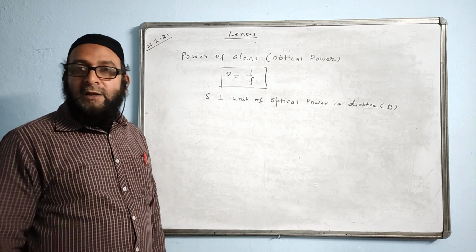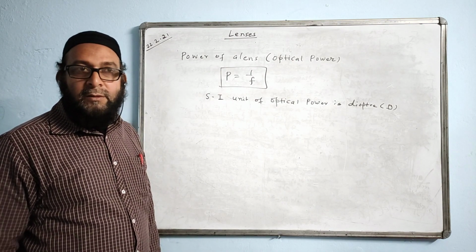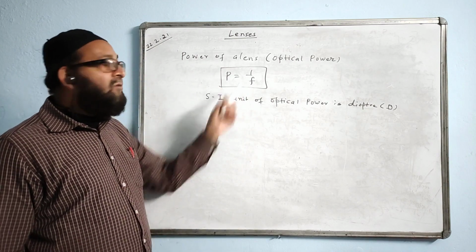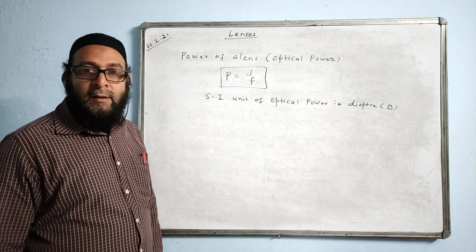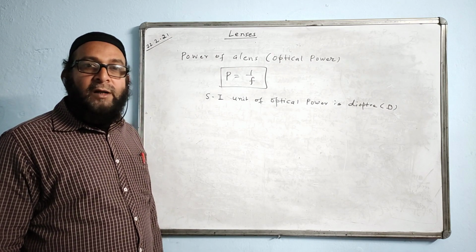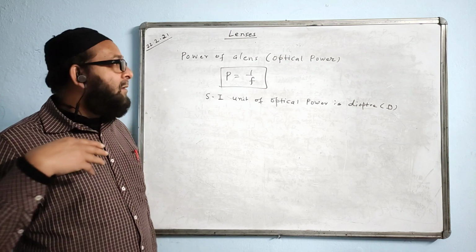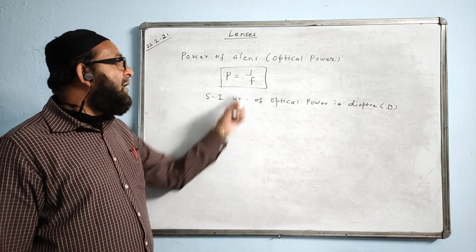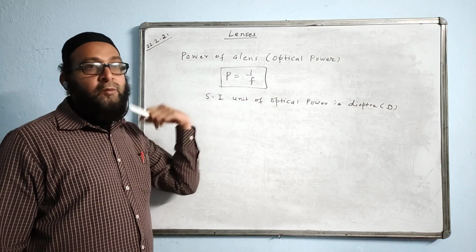Thin glass and thick glass, which will have greater power? So we say thick glass will have greater power, but the focal length will be shorter. Thick glass and thin glass, which will have larger focal length? We say thin glass will have larger focal length, because thin glass will have less power but more focal length.